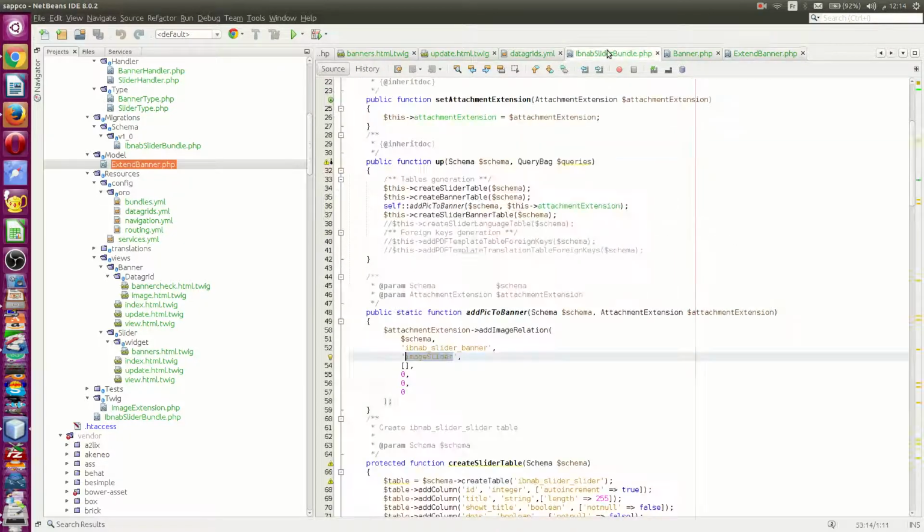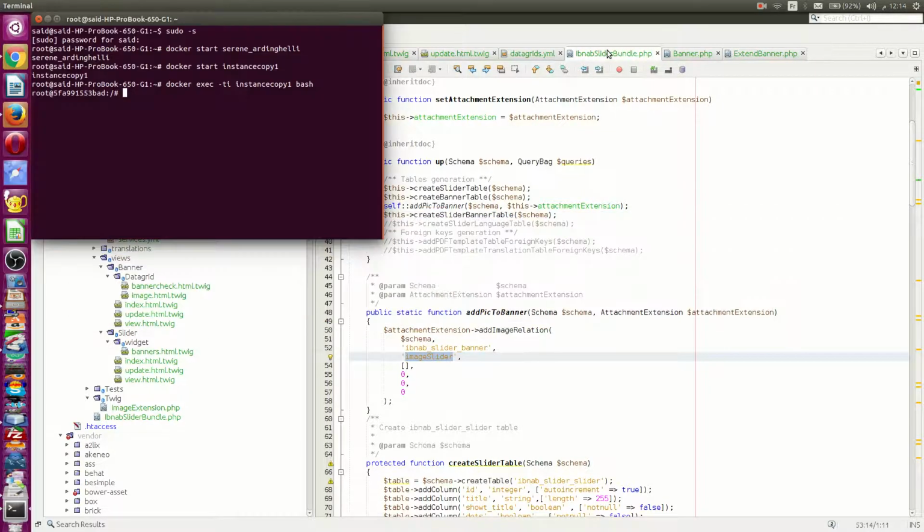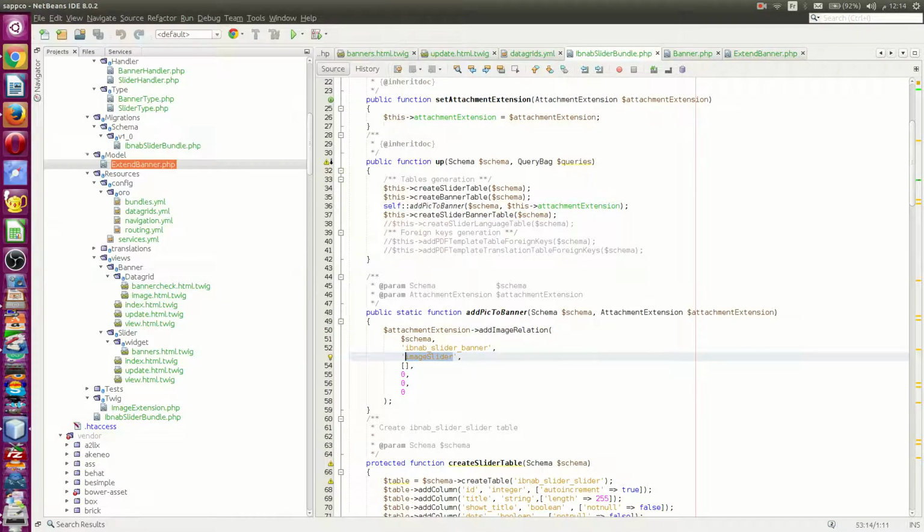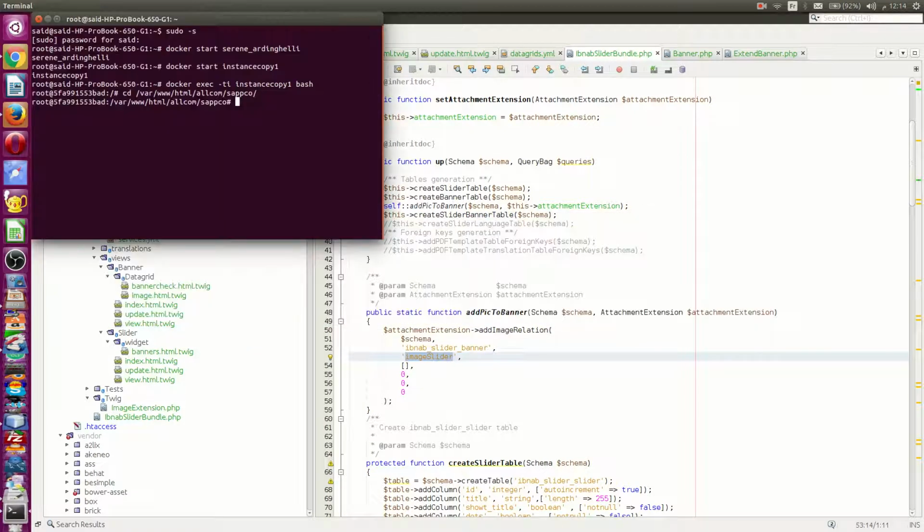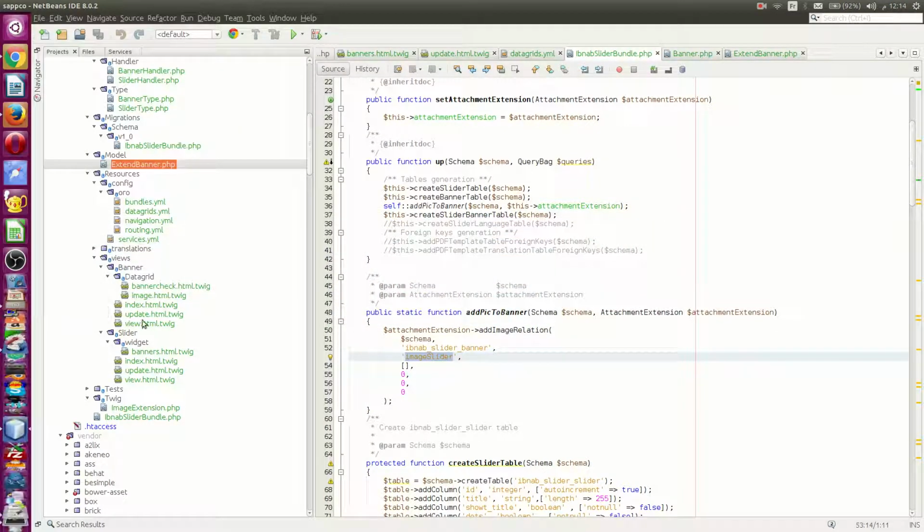Okay, after that you just need to type the command migration load for loading your schema, and just create